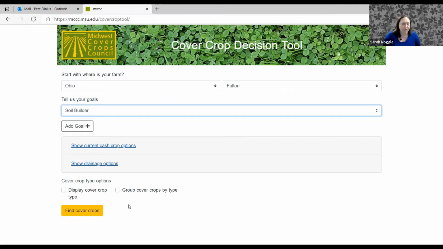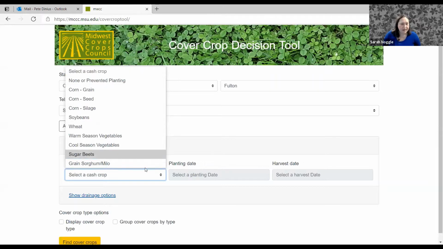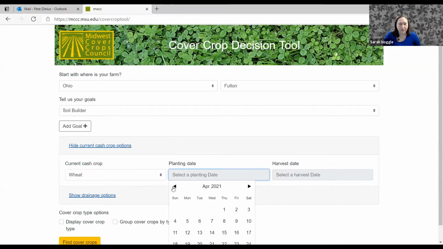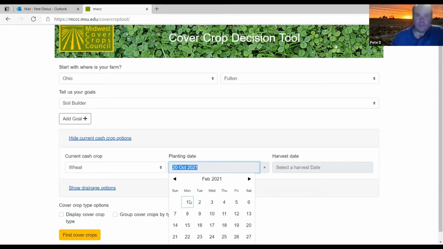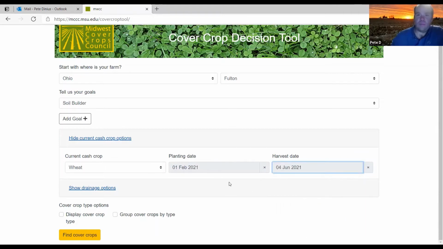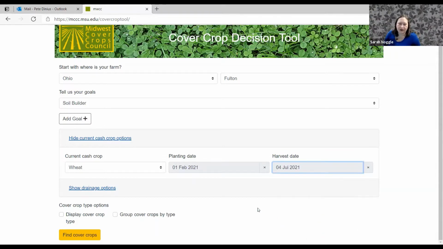So go ahead and put in what your cash crop option is for 2021. Okay, and then we're going to select when that was planted. Well, cool. The reason all this is doing is overlaying that time where you would have a cash crop in the ground. And so we're going to go through your drainage options,